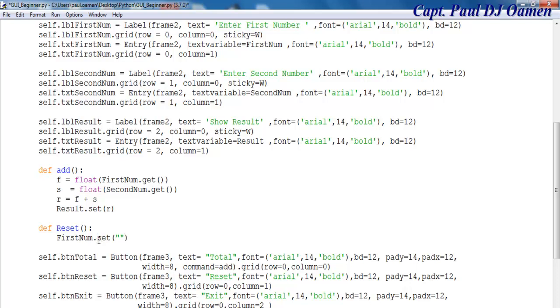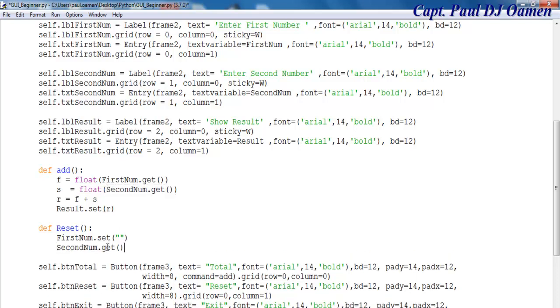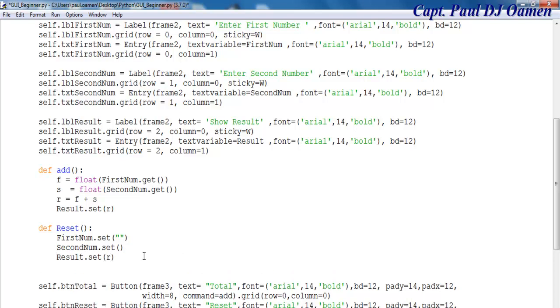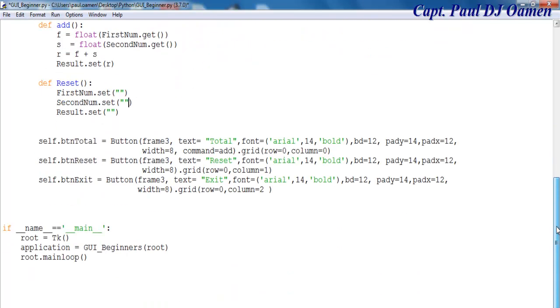Set this to yes, and the same thing, this one, copy that, paste, clear, and this as well, paste. We need to clear that. Clear this as well. There. So let's try out. Oh, before we try out the reset, we need to call command reset,